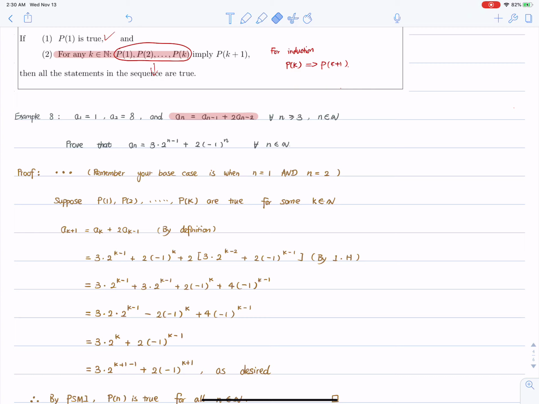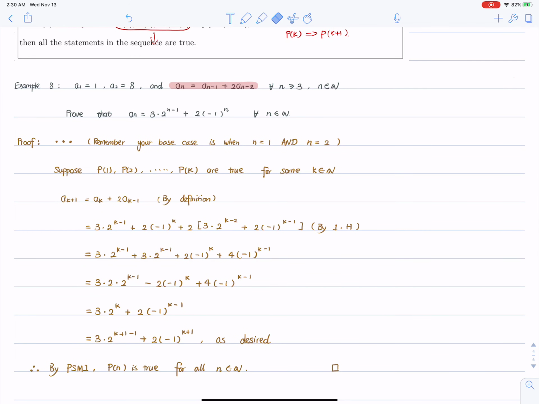Another thing I need to mention is that for this type of question, usually you have two base cases. Some people find this really confusing. They know that they need multiple base cases, but they think their base case would be when n equals 3, when n equals 4, 5, and they ask me where do I stop? This is not right, because here when you say for all n greater than or equal to 3,